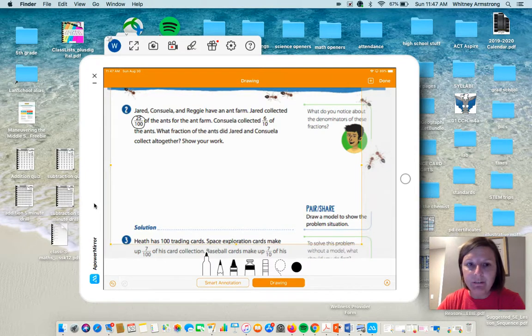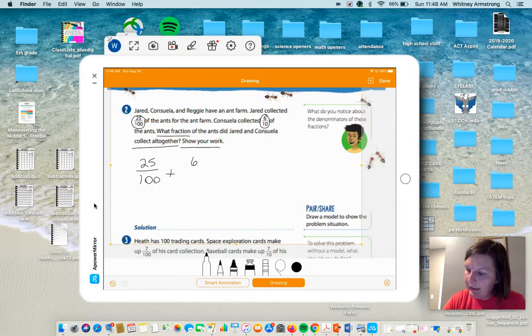So I know that 25 hundredths is important and 6 tenths is also important, okay? So I know that I need to add those together because they want to know how many did they collect, what fraction did they collect all together, and I have to show my work. Okay, so 25 hundredths